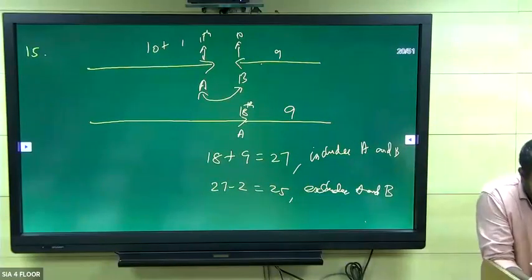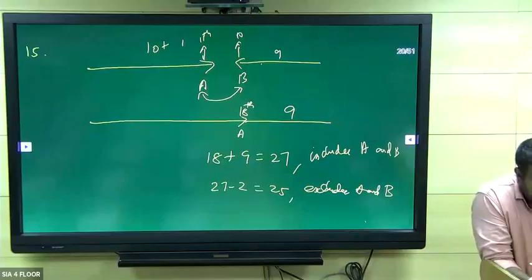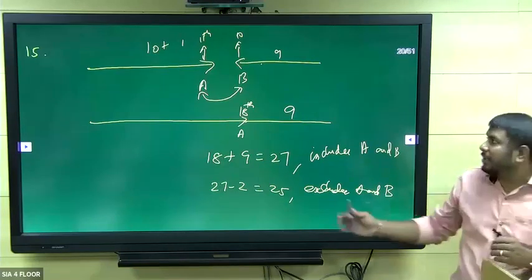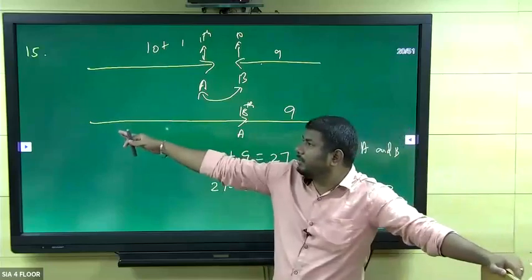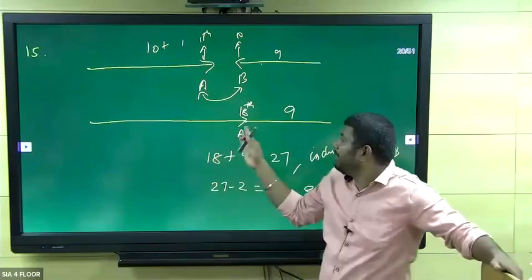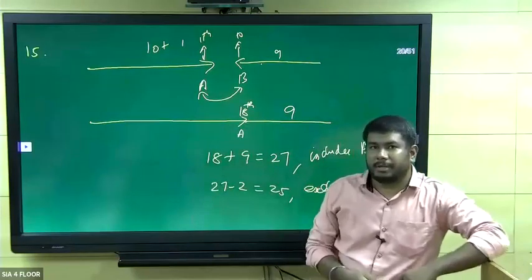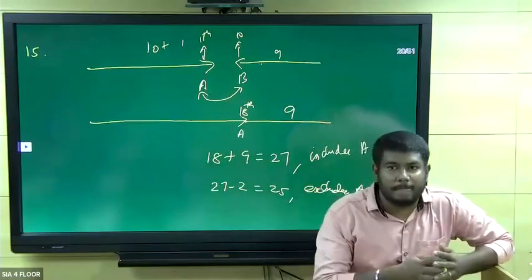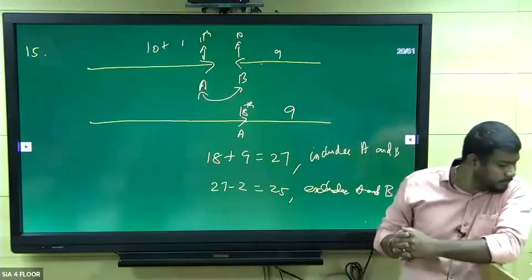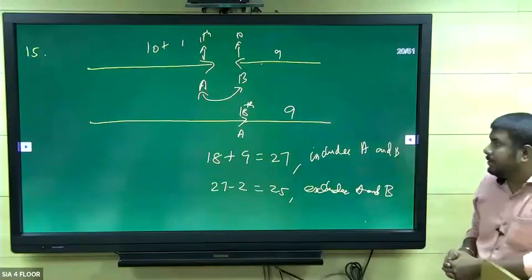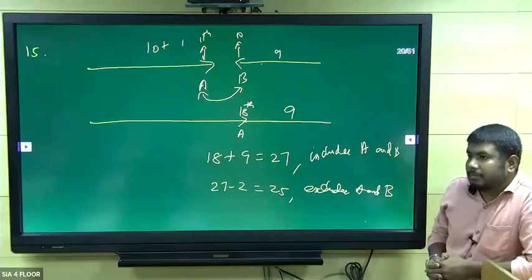Clear? Yes. Getting confused about A and B interchange going to the 18th position. Yes. 17 plus 9 is equal to 26, including B. Yes, what about the 11? The 11 are in the left side, right? So we don't need to worry about the left side because they will come in with this 18th person. Clear? Yeah, before A.